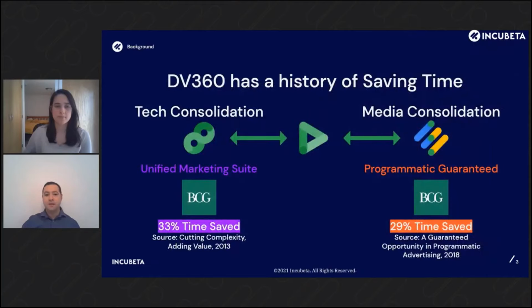In this respect, each new capability is simply an incremental improvement to a product that has always been geared towards time efficiencies at a fundamental level. The key word here is consolidation, and I've highlighted two examples of this concept here. Firstly, DV360 is part of a wider Google marketing platform. This unified suite enables a consolidation of the technology used to manage marketing operations. So one example of how this works in practice is that creative placements can be created in the suite's ad server, Campaign Manager 360, which then syncs natively to DV360, rather than having to be re-trafficked for the sake of